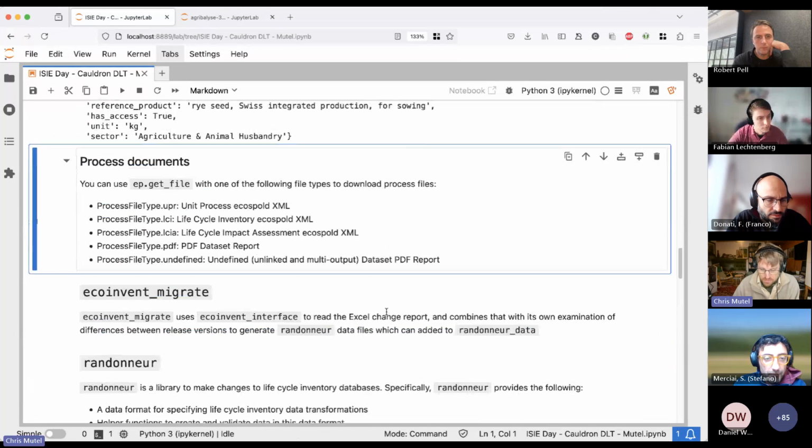But it's not just that. You can also get, for example, the LoSD XML. You can get the inventory and impact assessment LoSD XMLs. You can get the PDF, and you can also get the undefined PDF. And this works for all system models and all versions going back to version 3.0. There's a whole bunch of other stuff you can do, but the time is limited, so I'm going to move